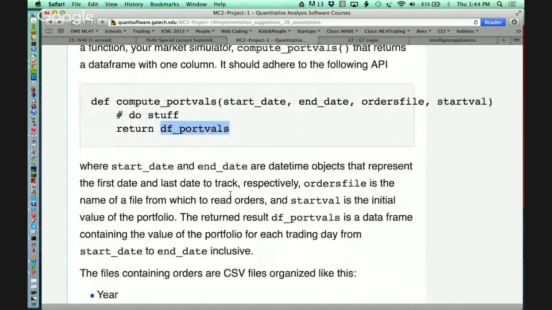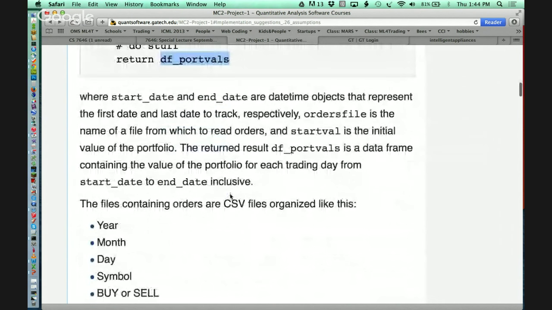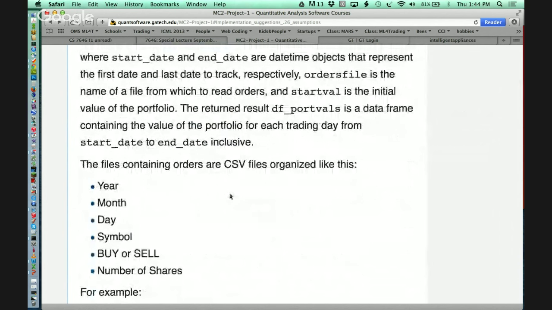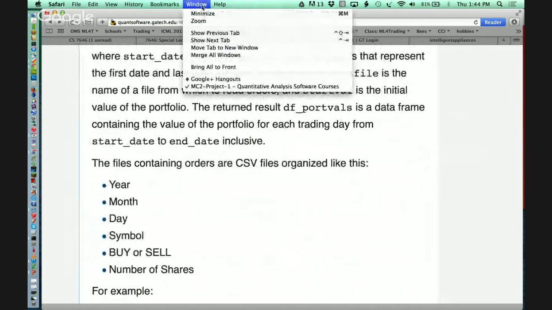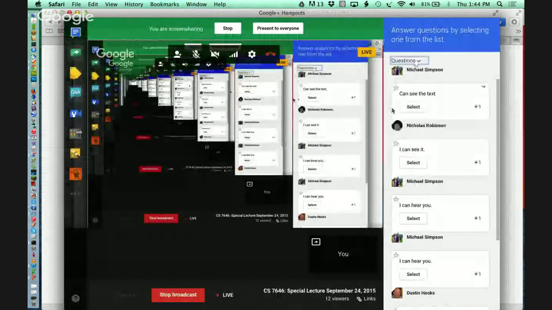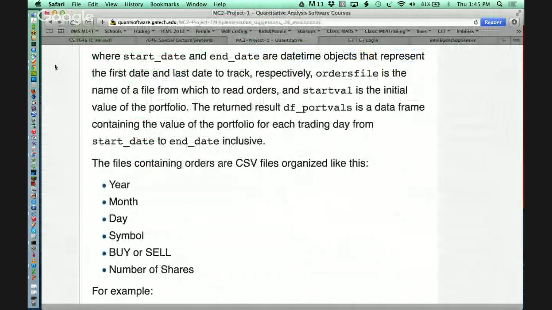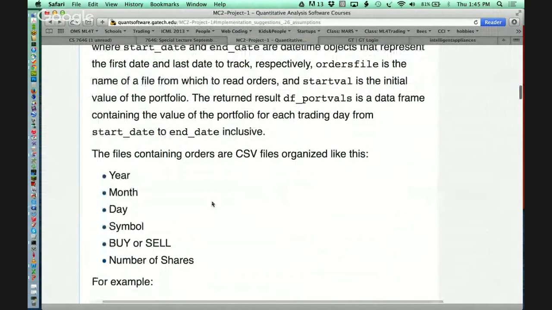Okay. So here is what you'll find in an orders file. Let me pause for a second and see if the online folks are with us. Okay, great. I love that infinity effect there. Okay, so